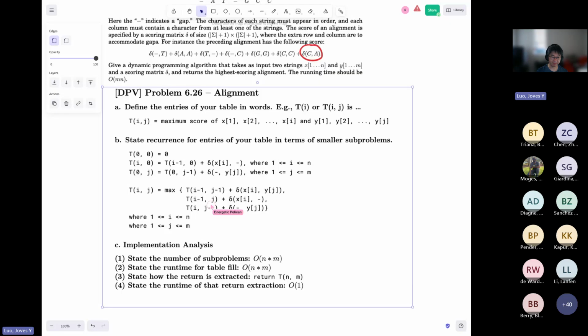I and j, and I and j minus 1. That gives us these two. So what happens if I send in 1, 1, and I get 0, 1? So 0, 1 is encoded here. Well, if it's 0, 1,